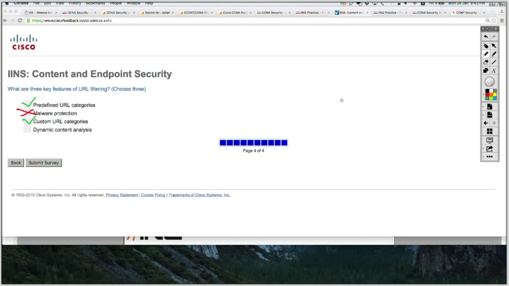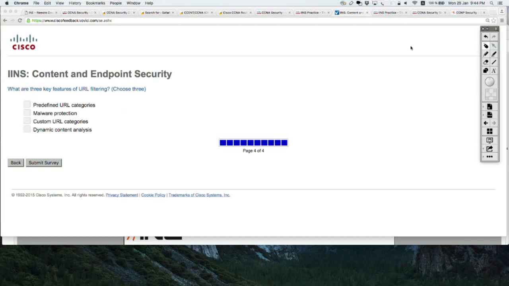this is not exactly correct, because URL filtering technologies just do URL filtering, they don't do dynamic content analysis. Dynamic content analysis is an added feature to URL filtering. So from my point of view, the first option is correct, the third one is correct, but options B and D are wrong.